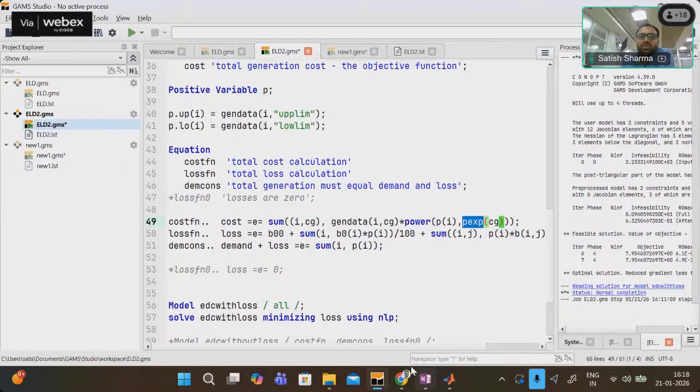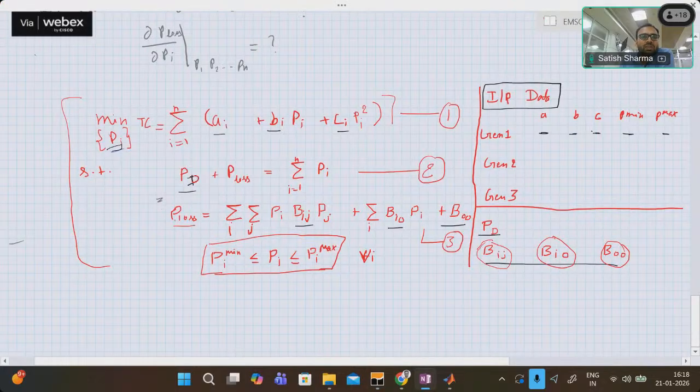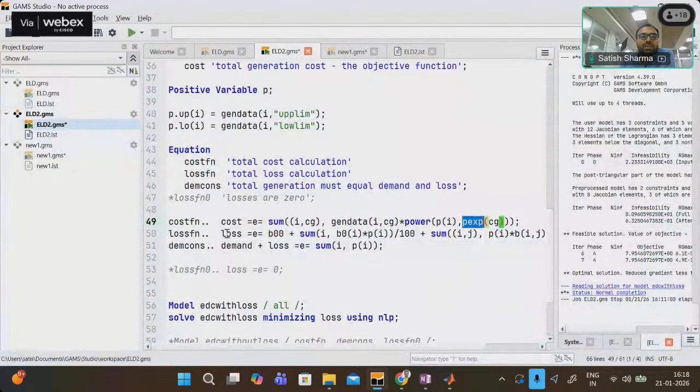This was the loss function. P loss equals the summation over i, summation over j, P_i B_ij P_j, plus summation over i of B_i0 P_i, plus B_00. This is what we have written here. The P loss is equal to B_00, which is a scalar that we defined in the very beginning. Then summation over i of B_i0 P_i, plus a summation of